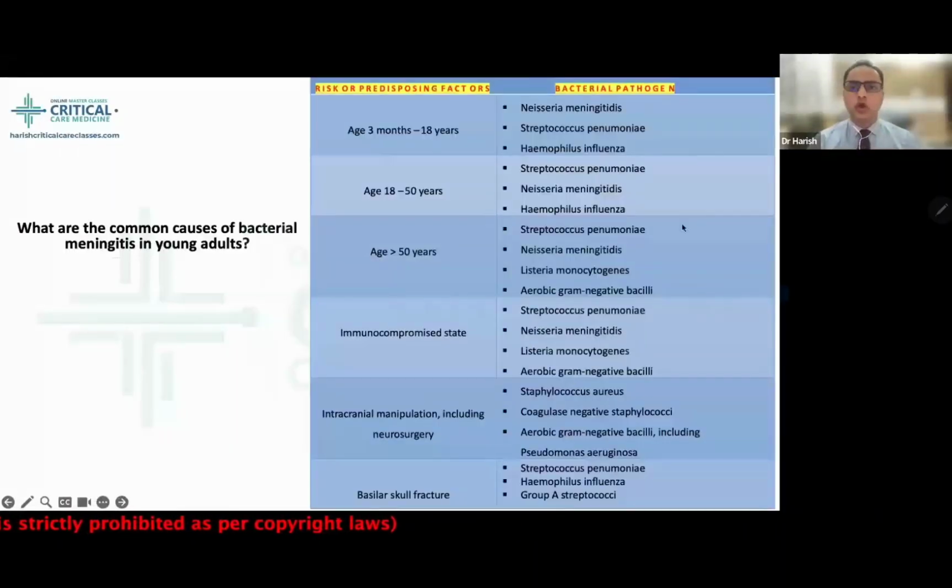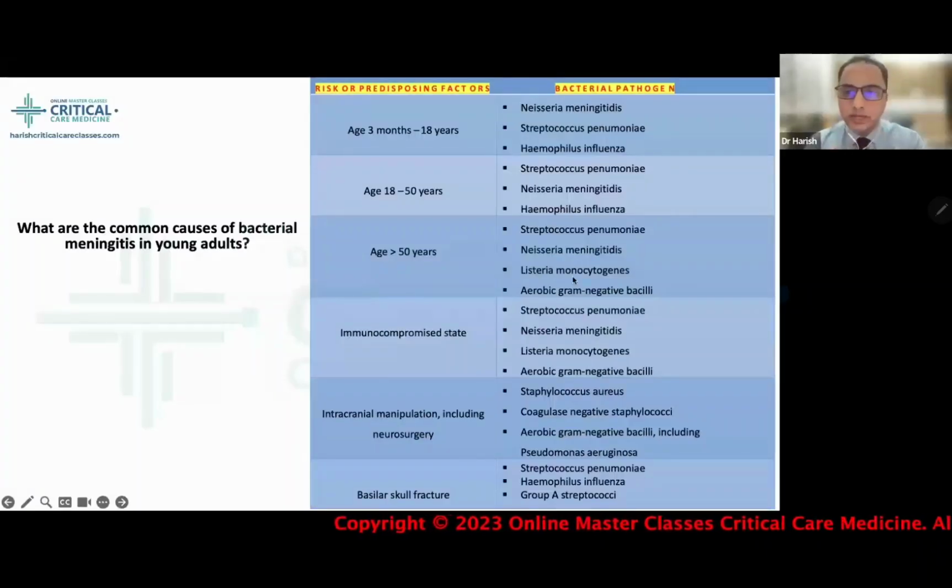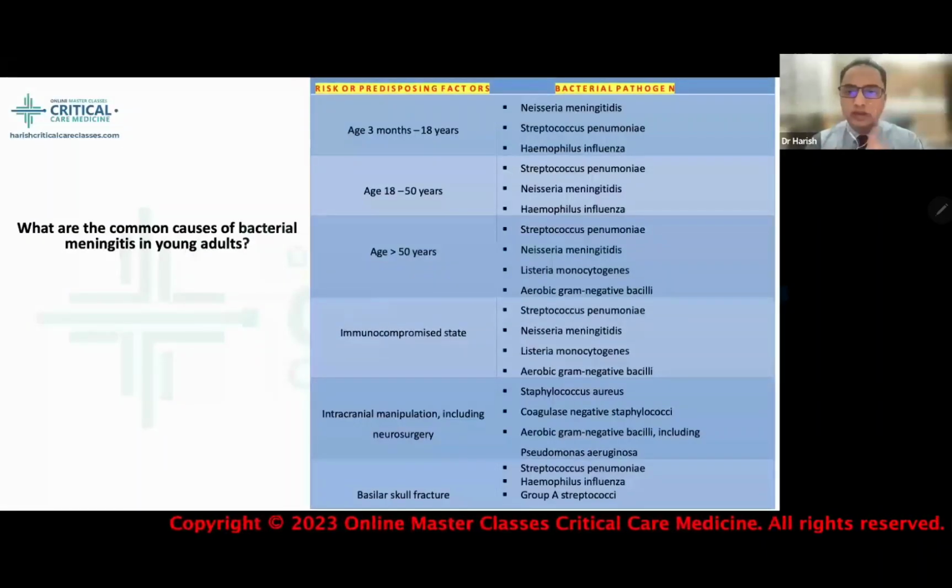Okay. So next question: which are the common causes of bacterial meningitis in young adults? It is given here. For 3 months to 18 years: Neisseria meningitidis, Streptococcus pneumoniae, Haemophilus influenzae. For 18 to 50 years: Streptococcus pneumoniae, Neisseria and Haemophilus. For more than 50 years, we have one more add-on organism, Listeria, along with Neisseria, streptococci